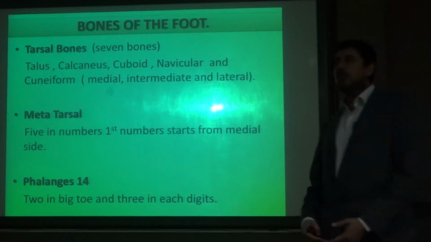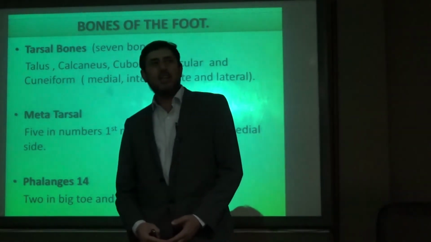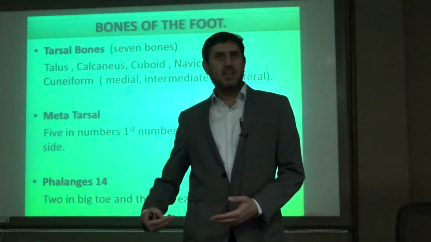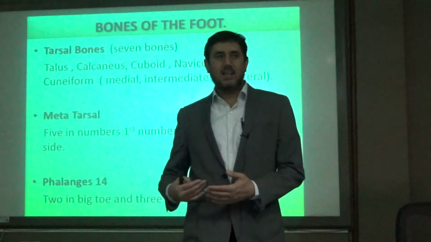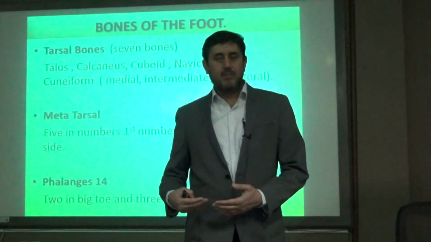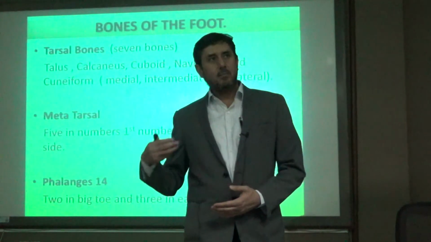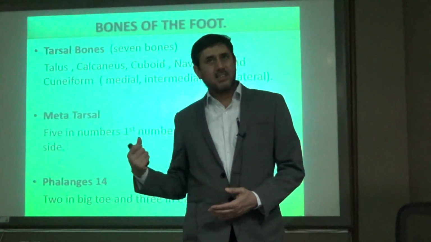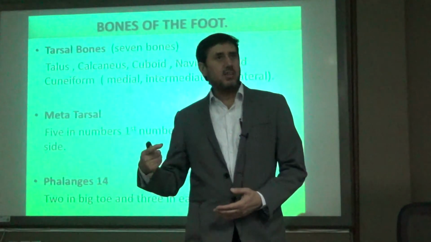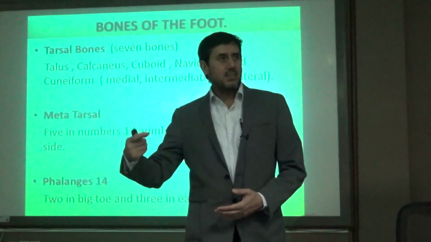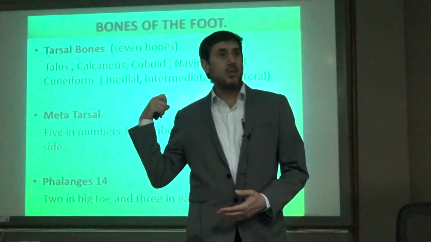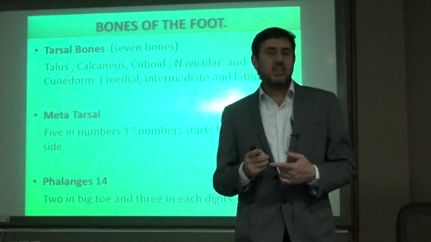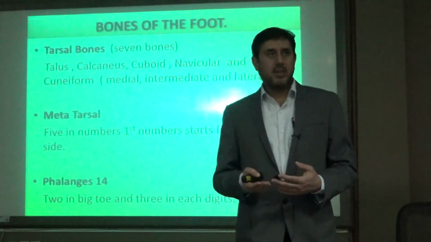So what we have done is the lower limb bones. What are the lower limb bones? The hip bone, and it has features: pubis, ilium, and ischium. Other features include the acetabulum on the lateral side, and below the acetabulum the obturator foramen. On the back side of the hip bone we have two notches, the greater sciatic notch and the lesser sciatic notch, near the vertebral column on the back side, the sacrum. And we have a spine there, the ischial spine. This is what we have done about the hip bone.